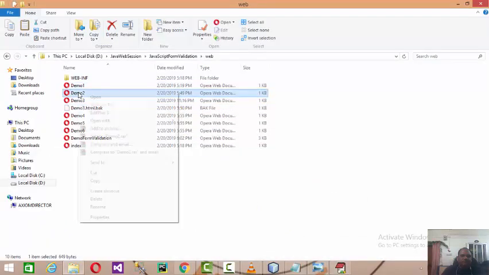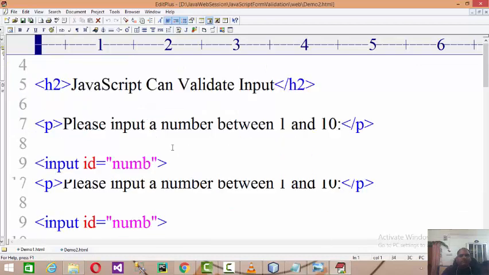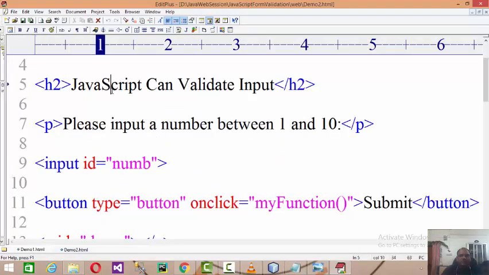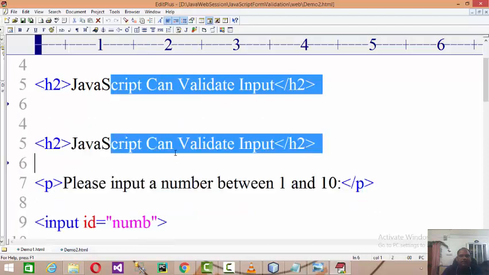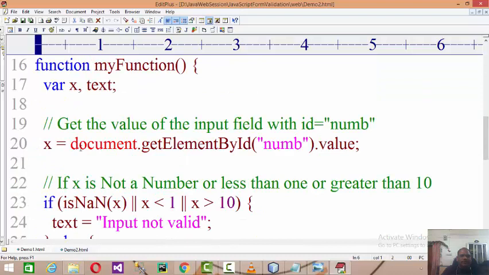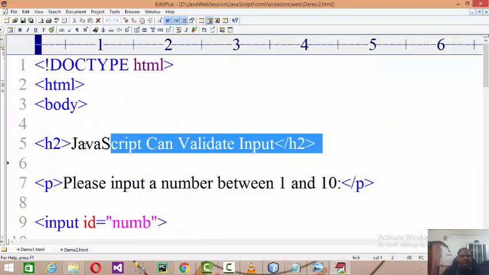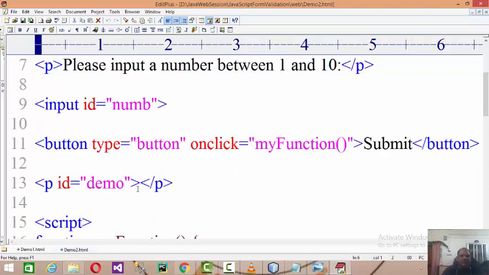In the second demo, here JavaScript, we define the JavaScript function not in the head section, but in the body itself, right? So we have input type equal to number and a button, and on click of the button we give a call to myFunction, right?